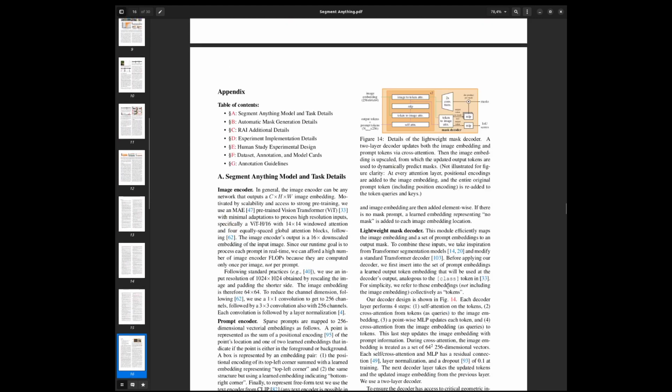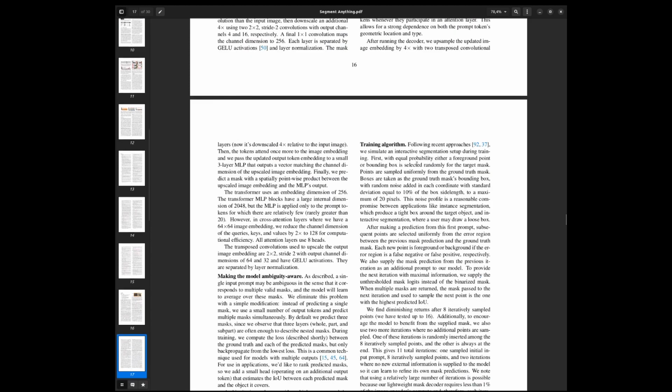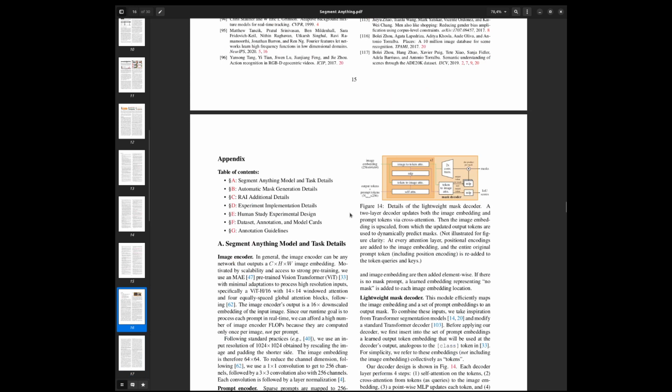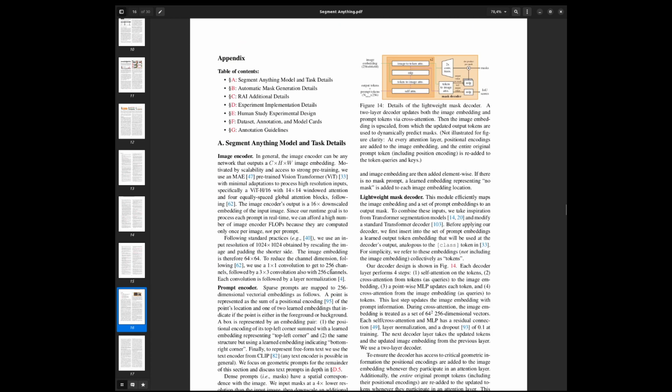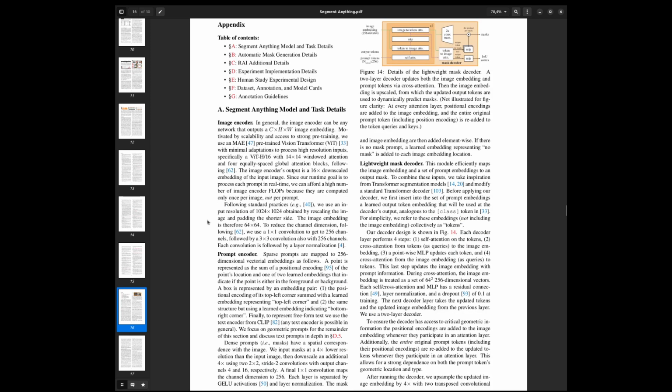So do they have an appendix? Oh, okay. The appendix is like half of the paper. There are like 10 pages of appendix. So this is the real paper. All the paper before was just a test to get to the real paper, right? So let's try to read this because I want to know how this thing is implemented. We all know that it's working very well, but I want to know why it's working well.